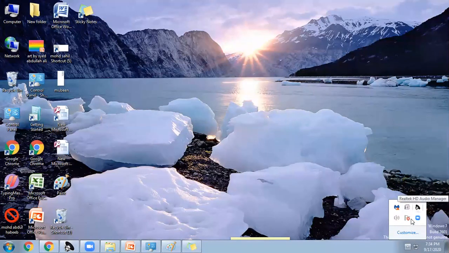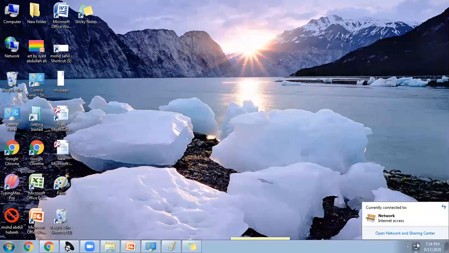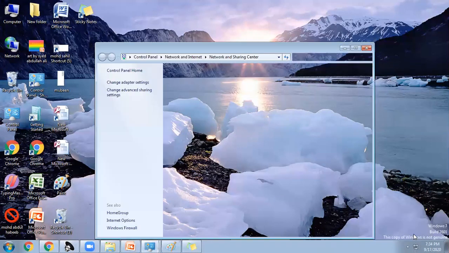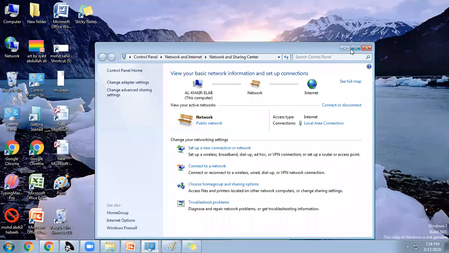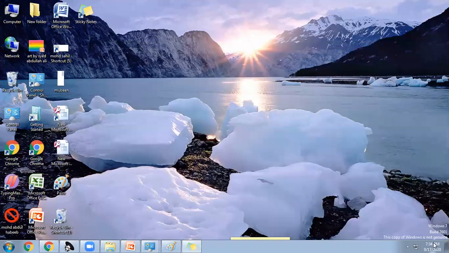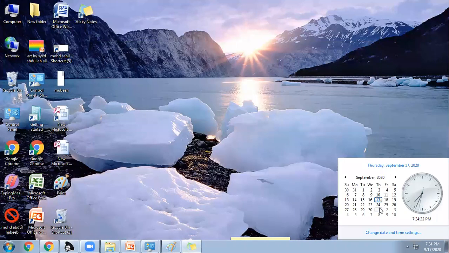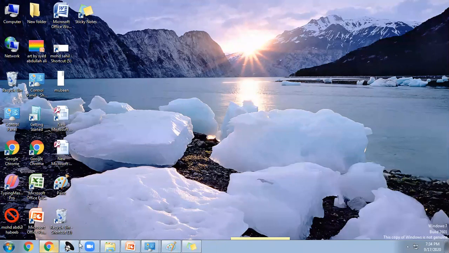You can check the sound, if the internet is connected, and what devices are there. You can go from this network area. So this is how the taskbar is helping you. You can see the date and time, and you can change the date and time from here.